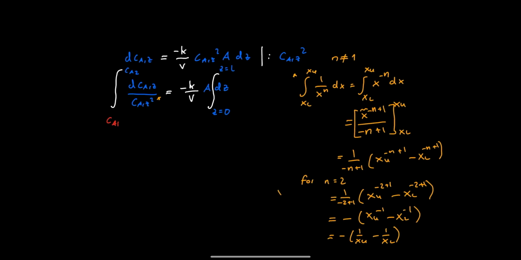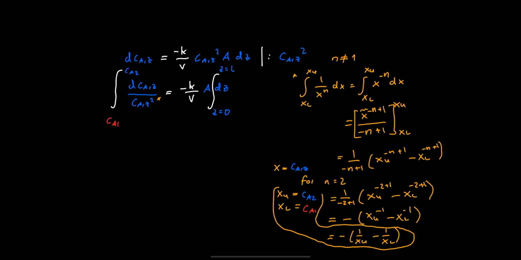In our case, the upper boundary would be CA2, our lower boundary would be CA1, and the variable x is CAC. Hence, we can transfer what we just integrated here. Hence, we can say negative, in parentheses, 1 divided by CA2 minus 1 divided by CA1